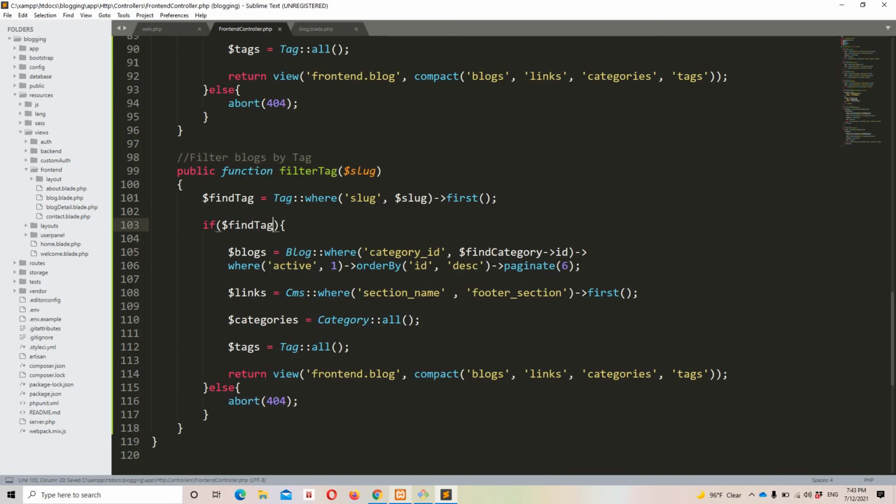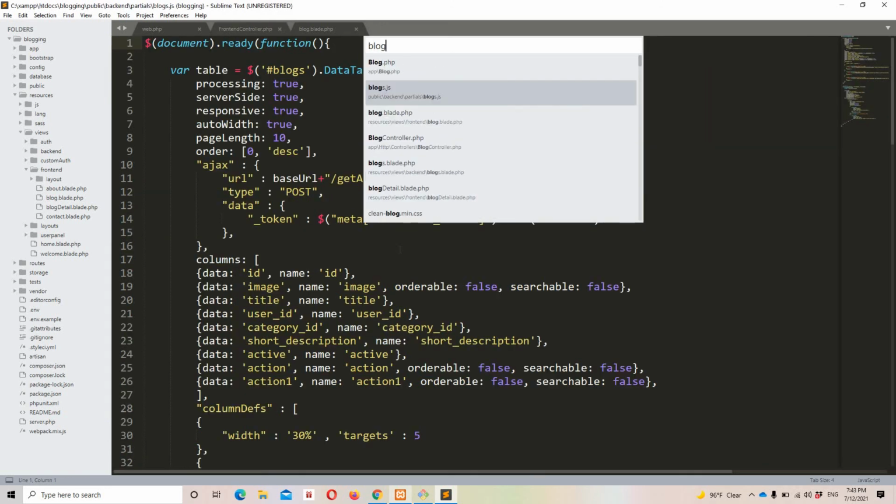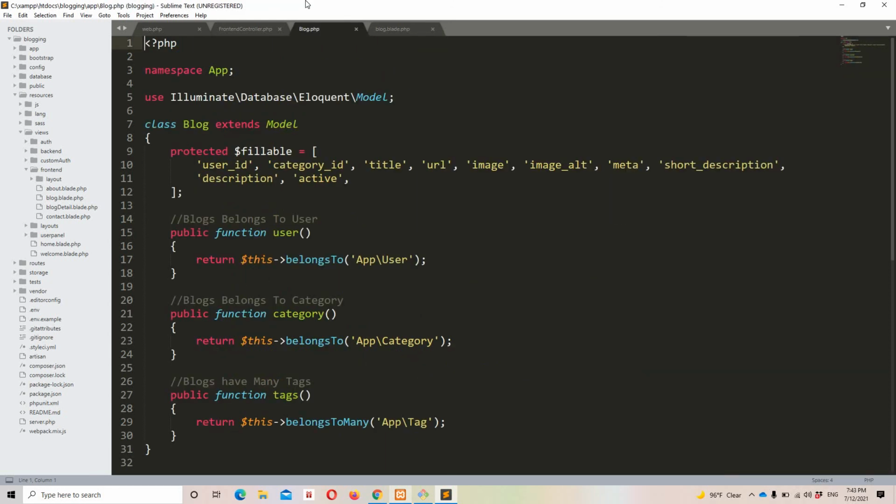So we have some minor change right here because in this case the blog and the tags relationship is many to many. So here we are going to use a different approach, and that is going to be query inside subquery, because in this case we need to get all the data from the pivot table. So let's start, and here I'm going to make some changes. Blog where has tags. If you are confused how I am using this tags, I'm using it from right here guys, blogs.php, and we have a relationship.